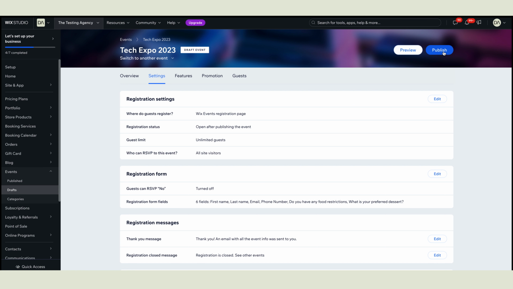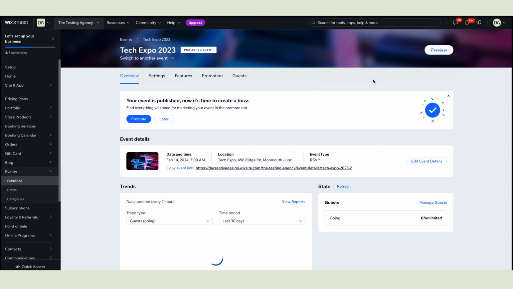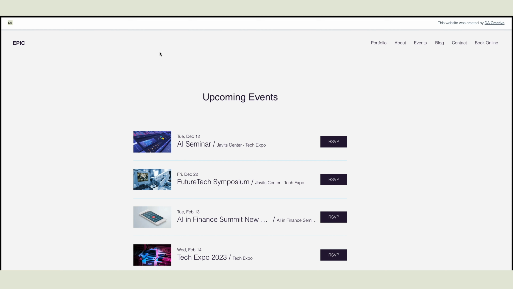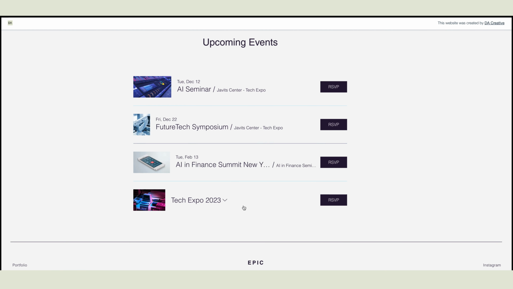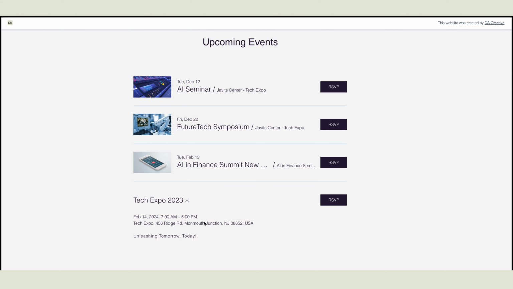Then we'll select the blue Publish button in the upper right. Now your event is completed. Let's check the live website. And we can see our event, Tech Expo 2023. We can select the down arrow. We can see the date and time and the tagline. And if we select the RSVP button,